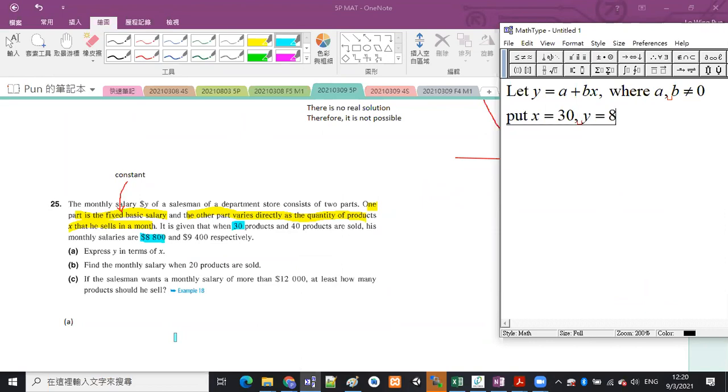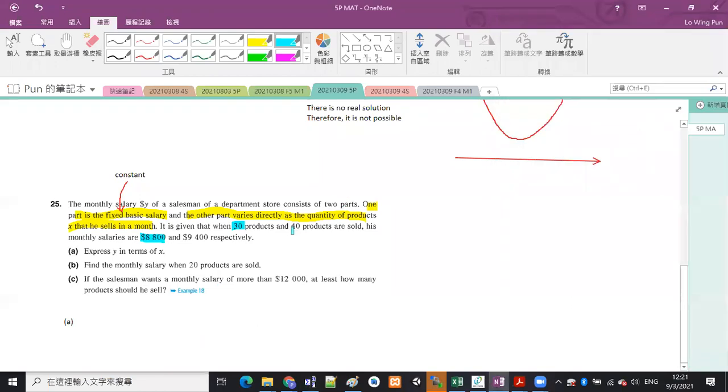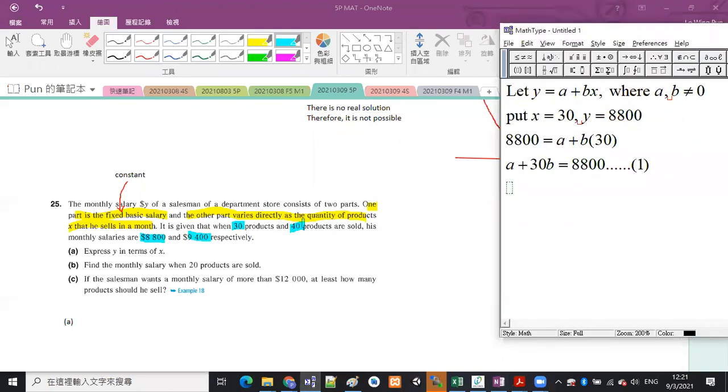And y equals 8,800. Okay, so 8800 is equal to a plus b times 30. And then a plus 30b is equal to 8800. And label this to be equation 1. And then what should be the second group of numbers? Is that when he sells 40 products, then the salary should be 9,400. Okay, so we put x to be 40 and y to be